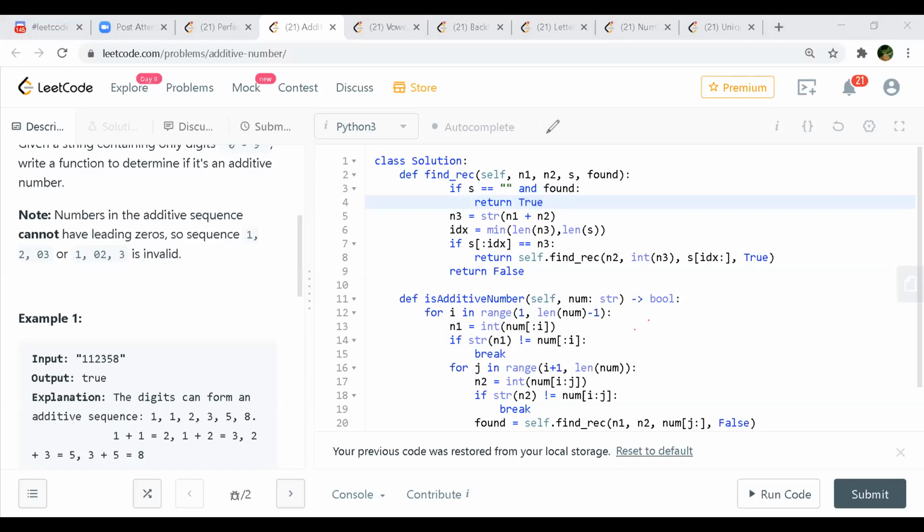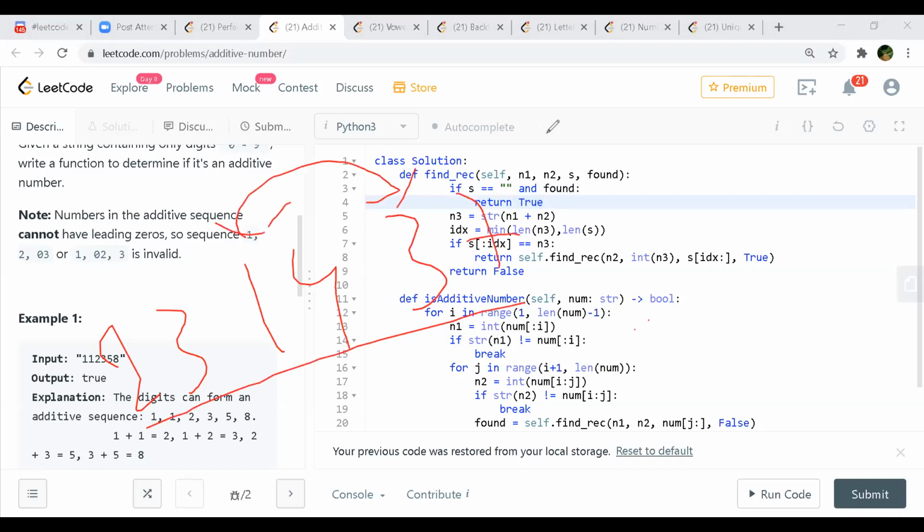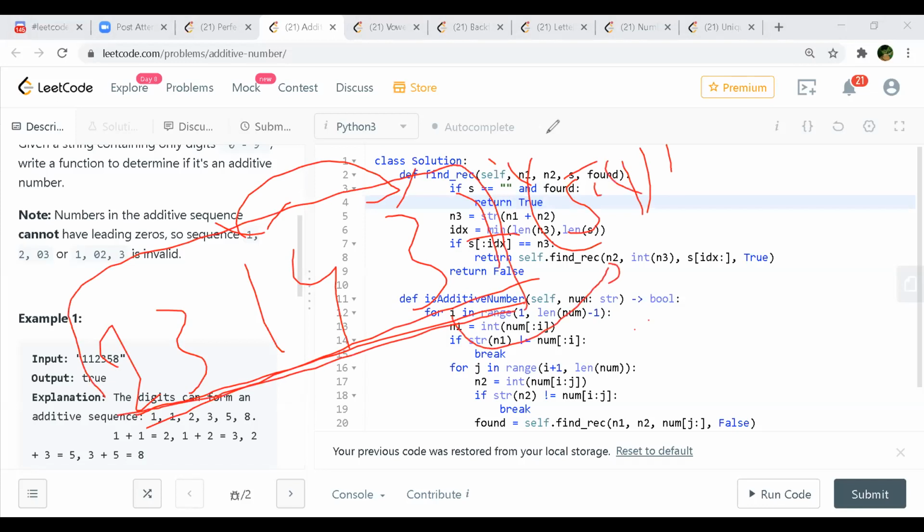Okay, makes sense. It's like 23 is there, 34, so this will be 57, right? So one pair you found, next you will do this. So the sum of these two should be 91. But now you have an empty string here, right? And your found is equal to true. So you already found that till here you have a valid sequence, and after this there is an empty string. So that means you have found a good pair.